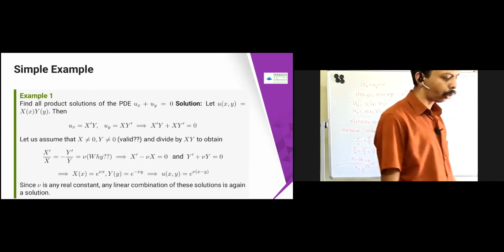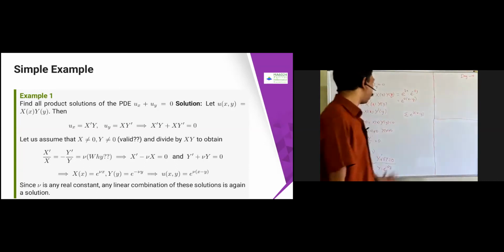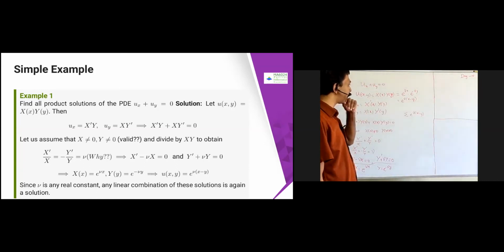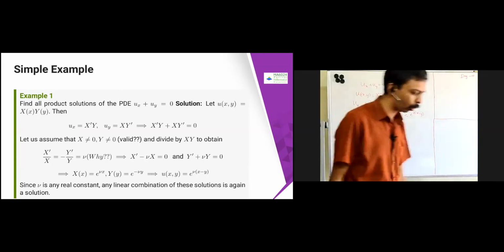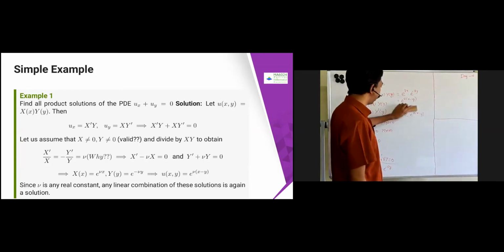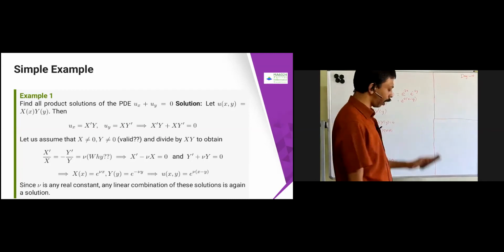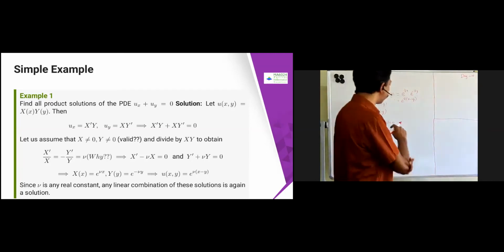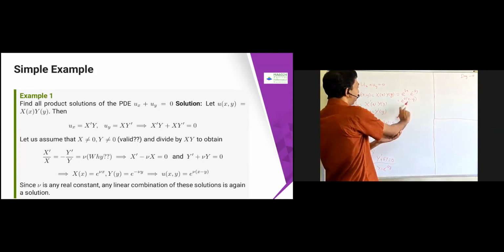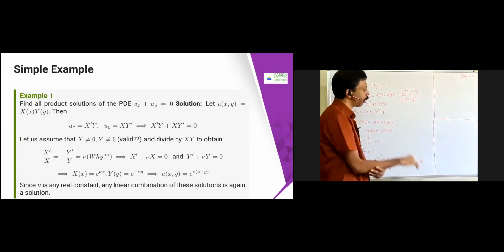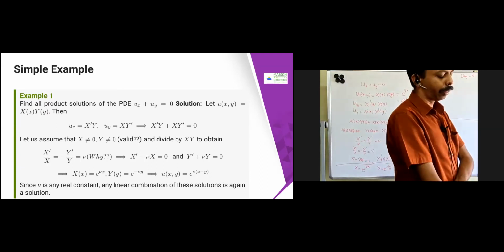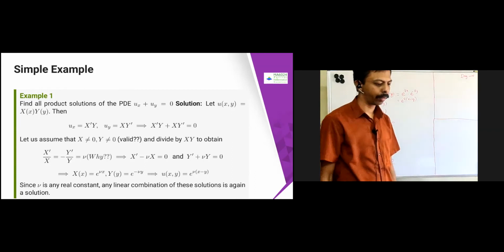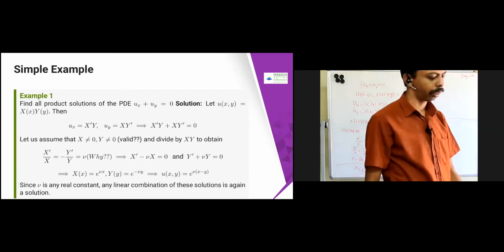An uncountable sum also I can take. If this is going to be converging, then we can say that it is going to be a linear solution. The uniform convergence will come into the picture, but we are not going to worry about that right now. We'll come to that a little later. Right now, this is the general solution, but for each mu you will get a different solution. If you take some finite linear combination, definitely it is going to be a solution. If we take an infinite linear combination, then we have to talk about uniform convergence, series convergence, etc.